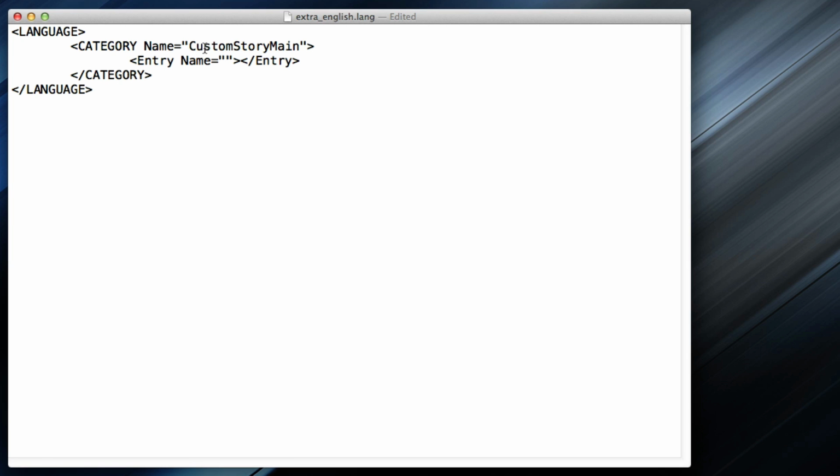Anyways, inside the name here, this is where you want the name of the entry. This is basically the alias or variable name representing the text in the game. So if you were to say variable 1 in the game, it's not going to appear as variable 1. It's going to appear as what the text is defining variable 1 as.